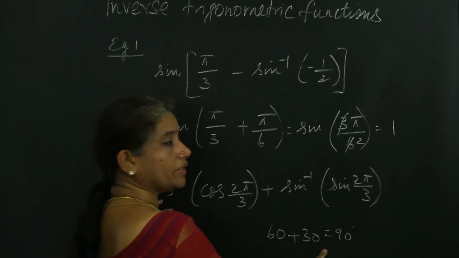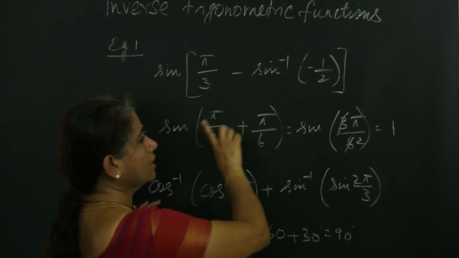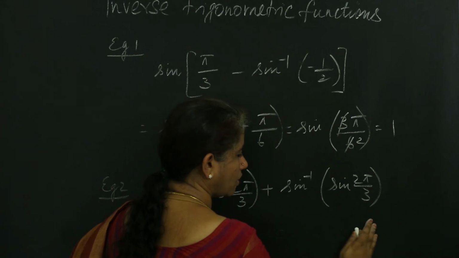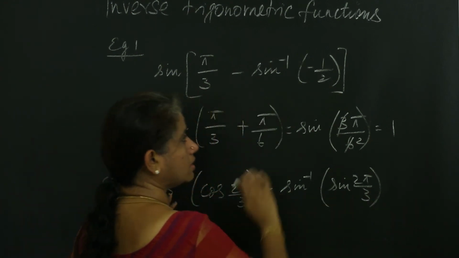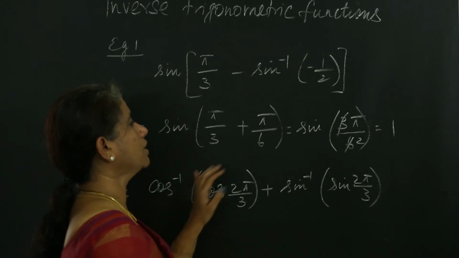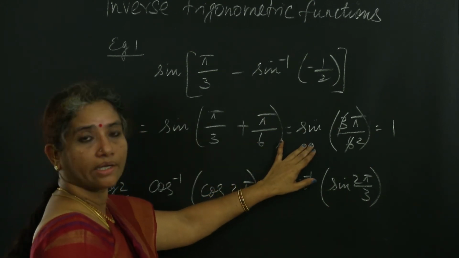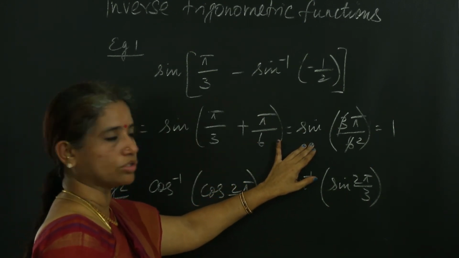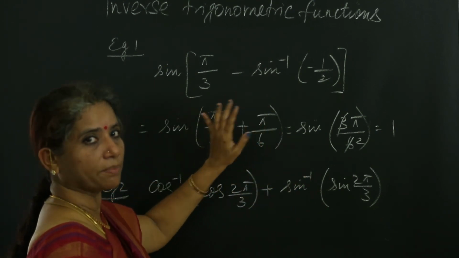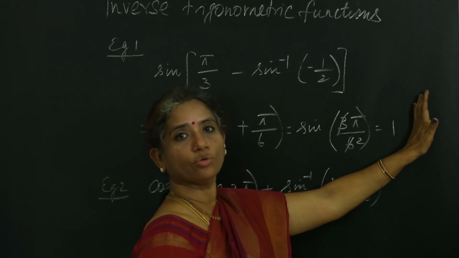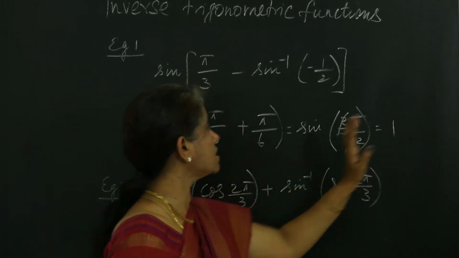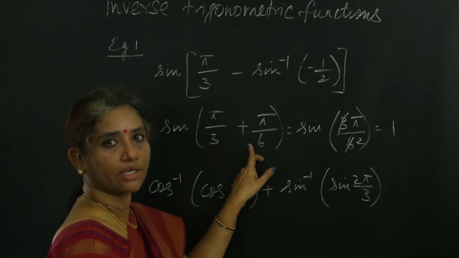Okay. So you can do with angles also, but when you write in the examination, generally it is convention to write with pi. And if you just look at the question, you will know whether you should give it in terms of pi or you can write it in terms of degrees also. Both are allowed. But the convention is to write in terms of pi. For the calculation part, you can do it with angles so that it is easy. 60 plus 30 adding is much easier than adding this part. It will take little time.